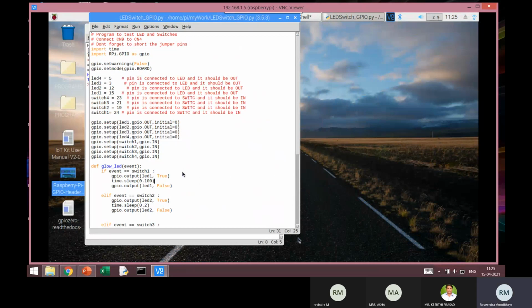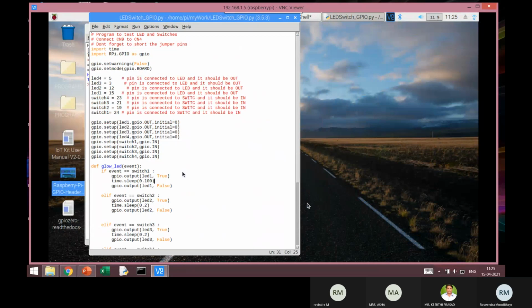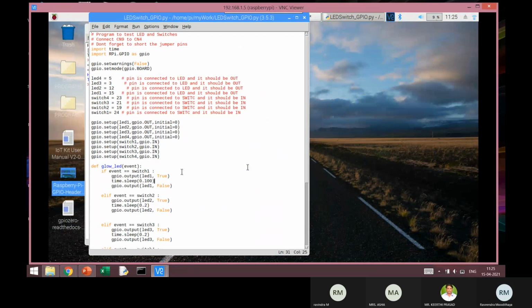I'm not able to increase the font size; I hope it's visible. Incidentally, I can control this from my laptop, or from the keyboard connected directly to the Raspberry Pi.